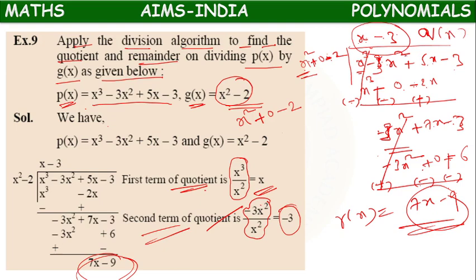Without keeping 0 also we can do it like this. Without keeping 0, x into x square is x cube. So x into minus 2 is minus 2x. We should leave a blank here and should not write anything, as there is no x square term. We have to write below the x term: x into minus 2, minus 2x. We can write it here. Like that also we can do.